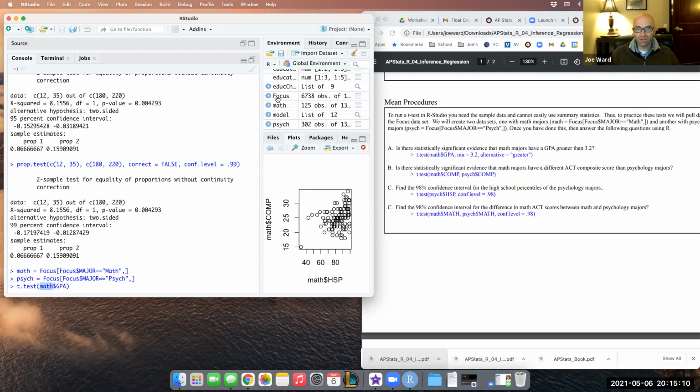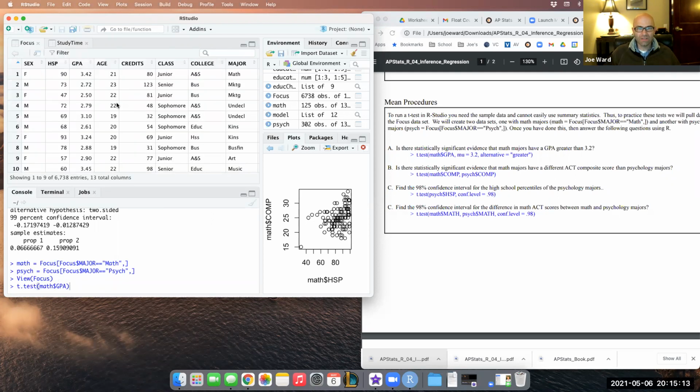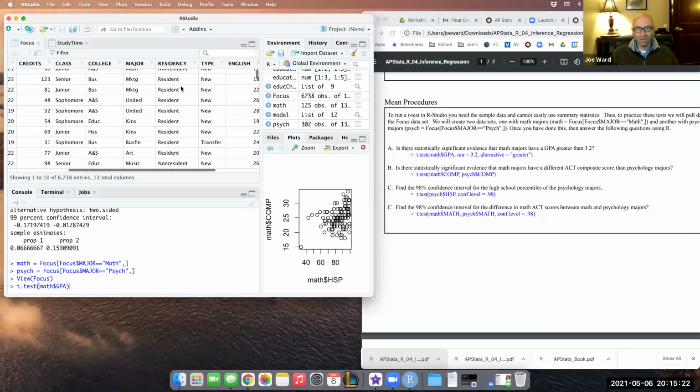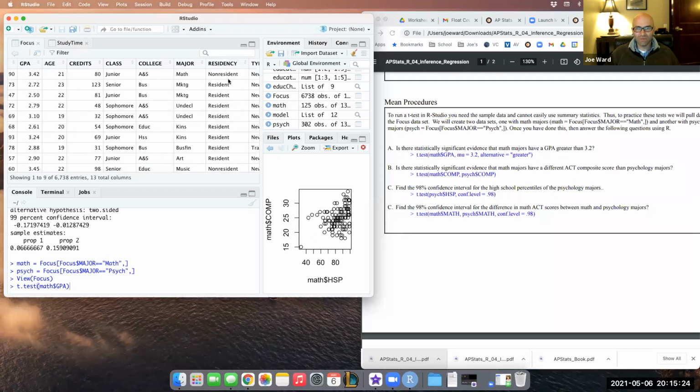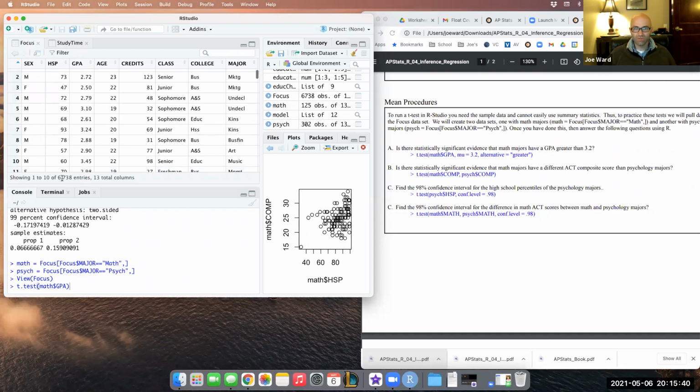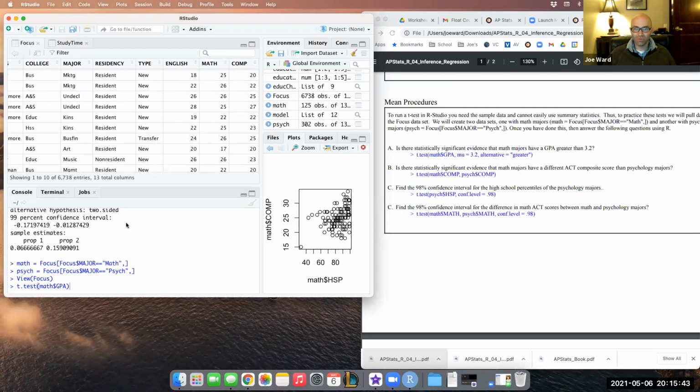And if you want to look at it, you can click on it right here. And you can see all the things up here, okay? Again, this is their composite ACT score, their math ACT score, and their English ACT score, okay? And then this is their residency status, whether they live on campus. This is their major. This is what college they're in. This is what grade or class they're in college. This is how many credits they've acquired. This is their current age, their GPA, and their high school percentile, and their gender. Okay, so all those things are available. There's 13 different variables for these